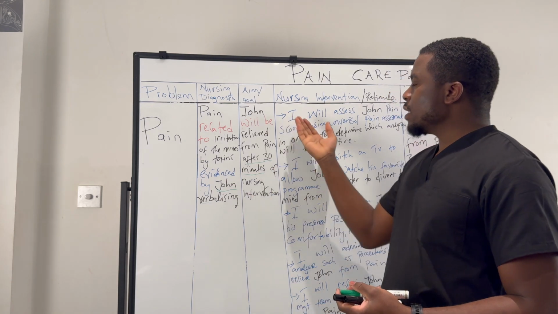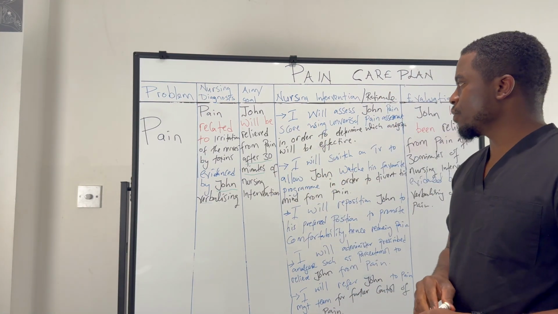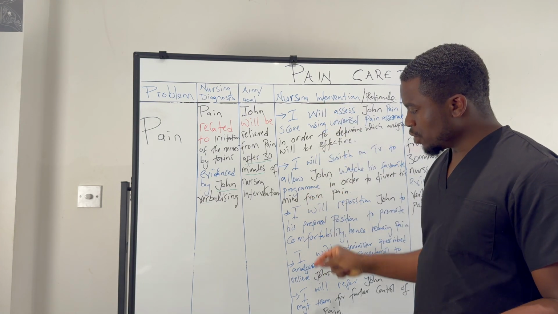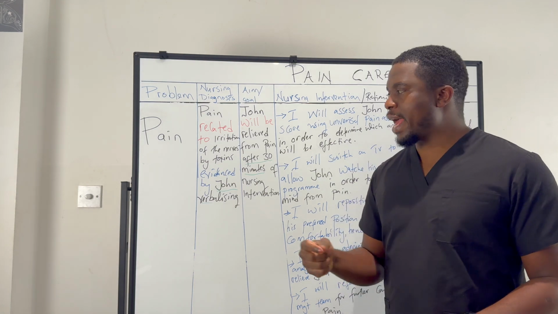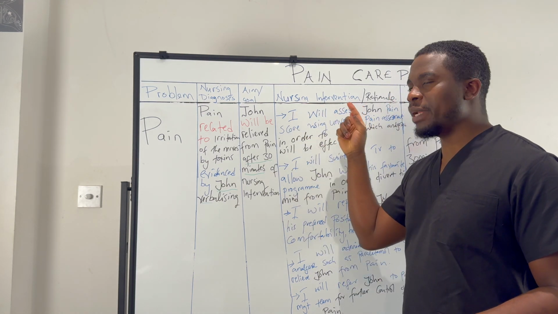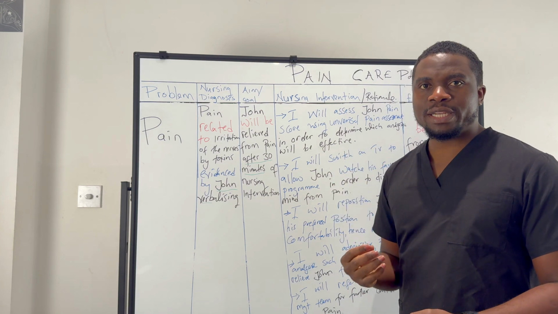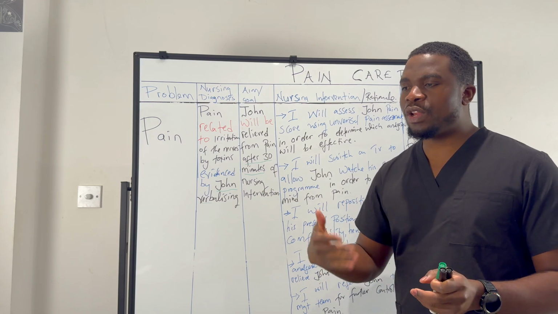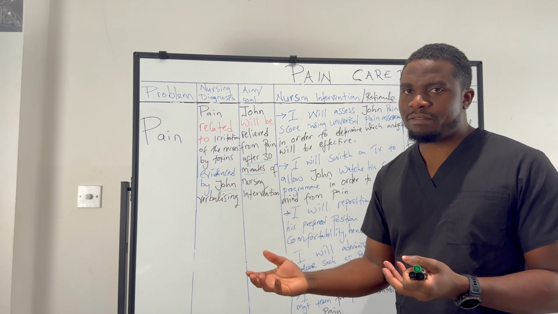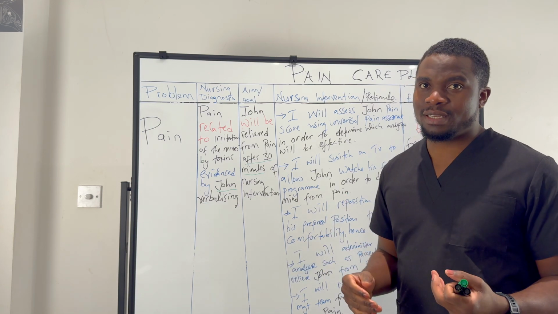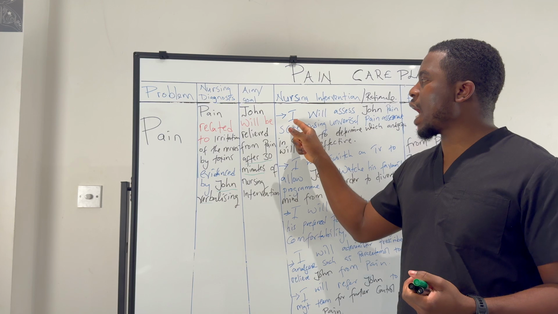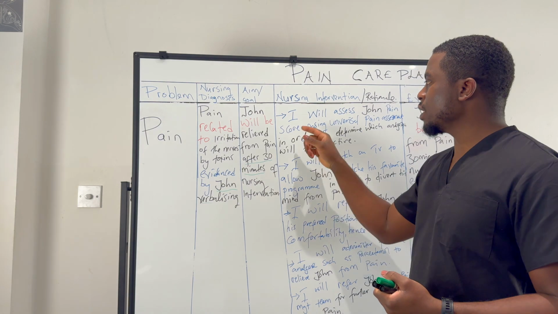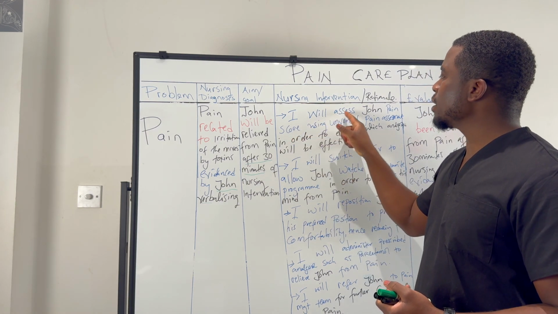So we go to the nursing intervention. What intervention are you going to do? Number one, this is very important. When you're a student, some students write "I have" in the nursing intervention. Please, when you're a student, you don't have to write "I have." You write "I have" when you are working, because then you have already done that nursing intervention. But when you are writing in an exam, you say "I will," because you are telling the examiner what you are going to do. So you say, I will assess John